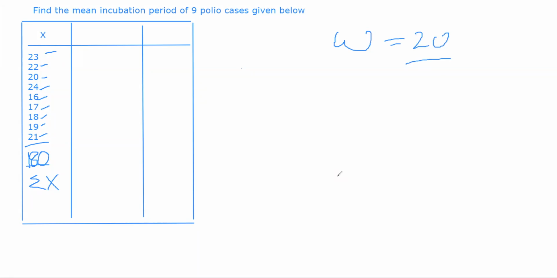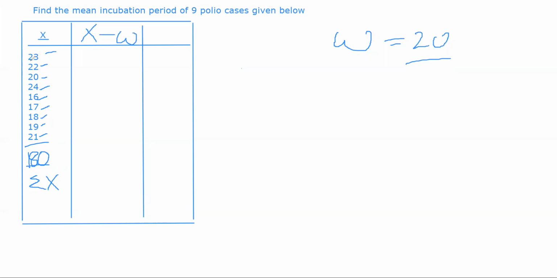ठीक है, अब assumed mean में क्या करते हैं आप? You will try to find out the difference between assumed mean and this observation, in the sense that you will do capital X minus W. ठीक है, समझ में आ रहा है यहाँ तक? In the direct method you can use the same observations and you can perform that vertical problem.